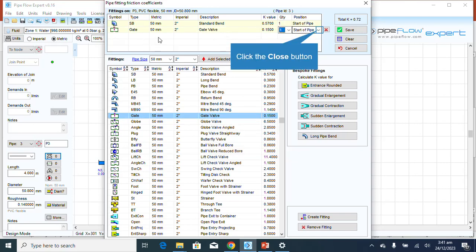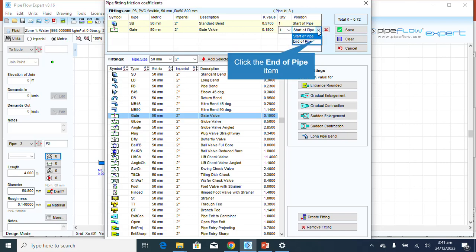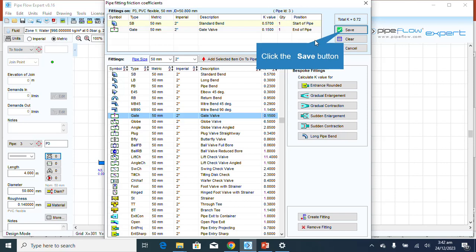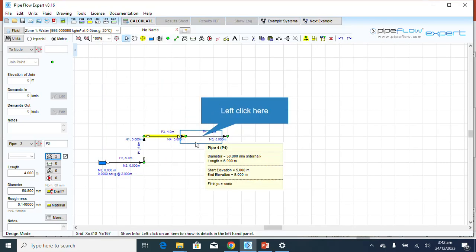Now the gate valve is not supposed to be at the start point, so we're supposed to put it at the end of the pipe. So now you have the elbow at the start. Now you have the gate valve at the end. So now I'll just click OK. So look at it. Look at the way it is. Now the next thing we're going to do is